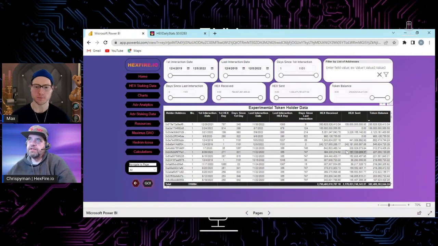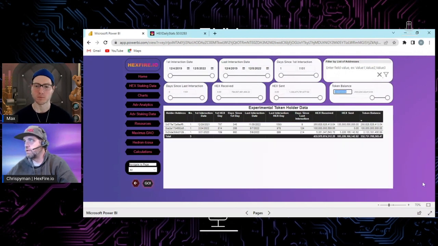And so let's say I want to see everybody who has more than 1 billion HEX currently in their wallet. Let's see, did I get 1 billion in there? Okay, so we only have 3 addresses with more than 1 billion HEX, according to the last bit of data that I had. And now I can go look at those and see when they first entered into HEX. This is 21, 22, 20.